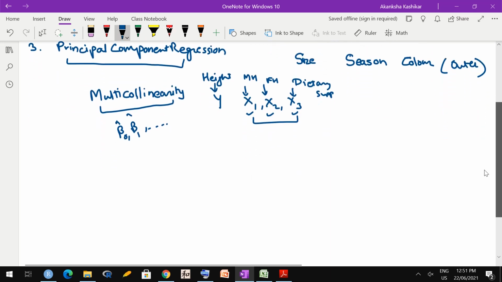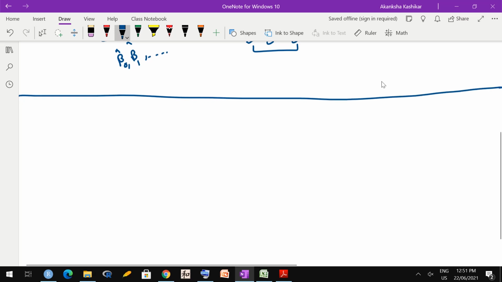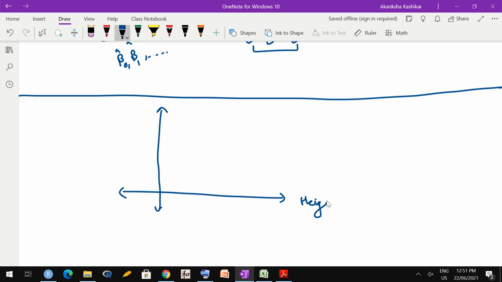Okay, so let me now discuss what is PCA. So you know why to study PCA, because there are these uses. Now what is PCA? So let me consider a small example. Suppose I have bivariate data. Okay, so I have say height here and I have say weight here. So generally height and weight are supposed to be positively correlated. So if I draw a scatter plot of height and weight, I might get something like this.